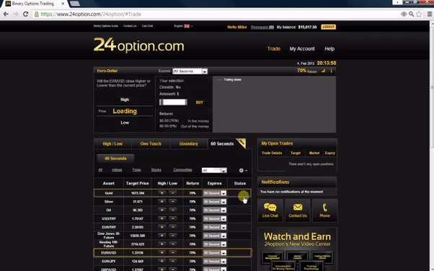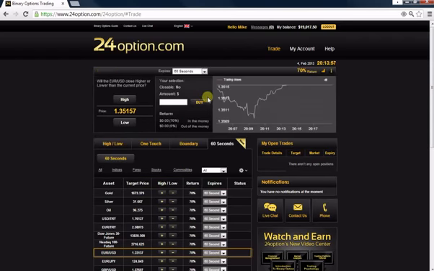So we're going to go here to the Euro US dollar. We're going to click it, and take a look at what's been going on for the last few minutes. It's gone down, it's gone up here. So we're going to go with low, so puts. Now the minimum investment for 24options is $25, which is higher than other options